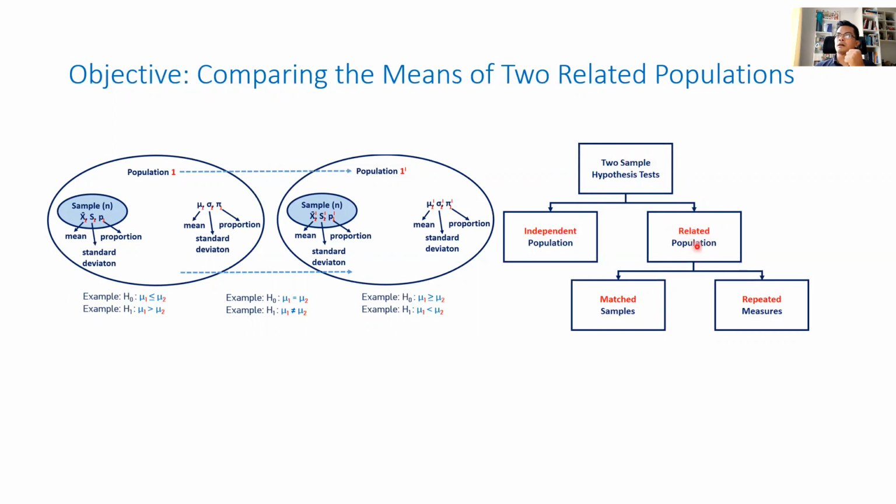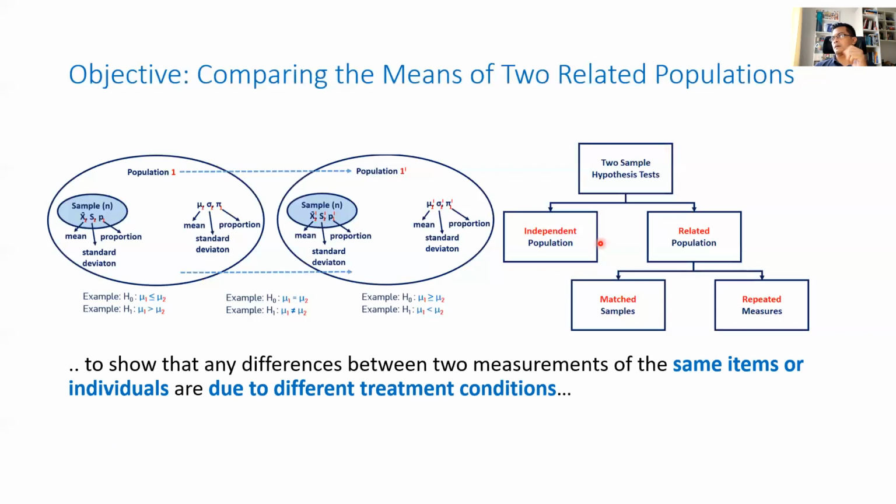Concerning related populations, the samples of population 1 and population 2 can be the same items or the same category of individuals with the same paired ID, or it could also be the case that these two populations are the same subjects, but they undergo two different treatments,